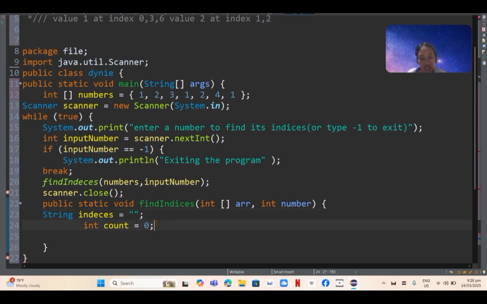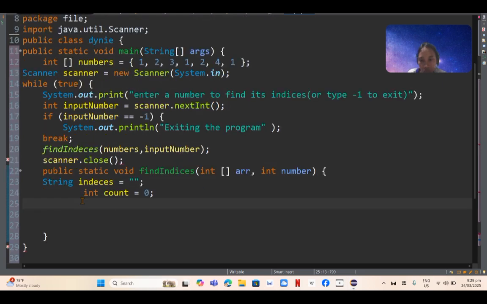Halimbawa, next naman halimbawa pag nag-enter tayo ng 1 at dito nalabas yung 1 at index 0, 3, and 6. So, ipagpapatuloy na natin ating count. So, here, gusto kong gagawa ng loop through the array, which is gamit lang tayo ng for loop. Then, gamit tayo ng int variable, which is int i is equals to 0, semicolon, i